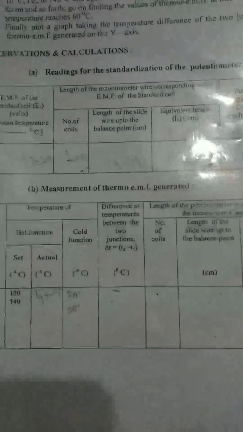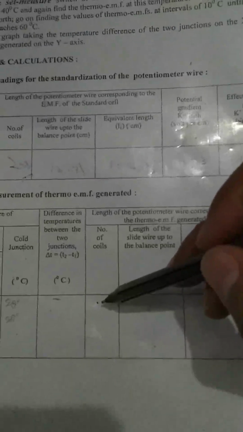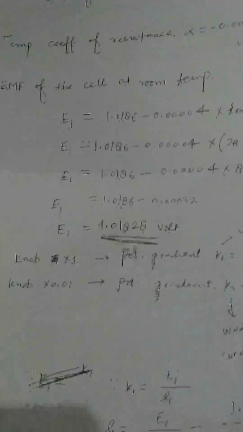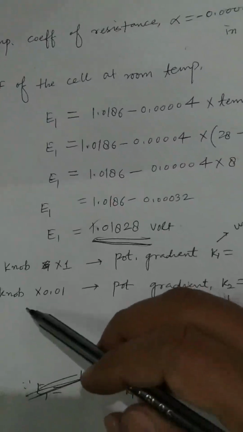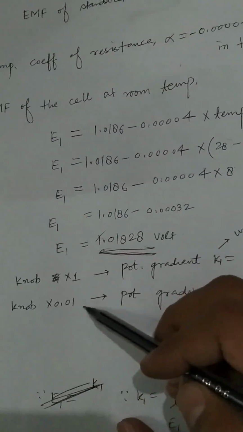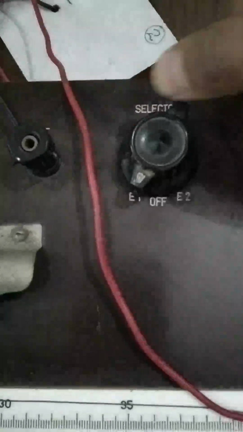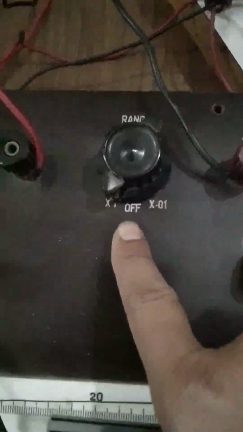and then again you have to set the null deflection in the galvanometer. How can you set the null deflection in the galvanometer? As I told you, for table number 2, you have to use two knobs. When you work for table number 2, you have to put the knob at x equal to 0.01, and also you have to put the knob from E1 to E2. You can see over here that this was for table 1. Now I will put this knob at E2,